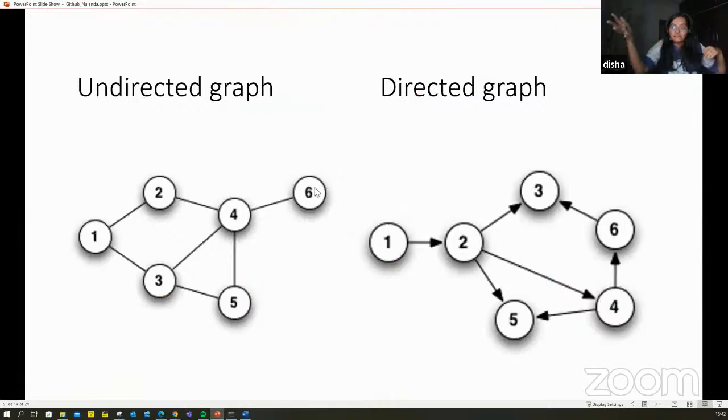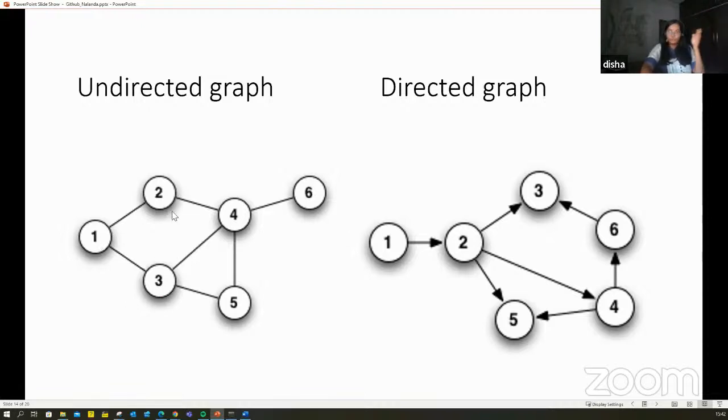Then there is another level to graphs, which is basically directed or undirected graph. Undirected graph means, to give you an example, you can cross from station number 2 to station number 1, or you can go from station number 1 to station number 2.